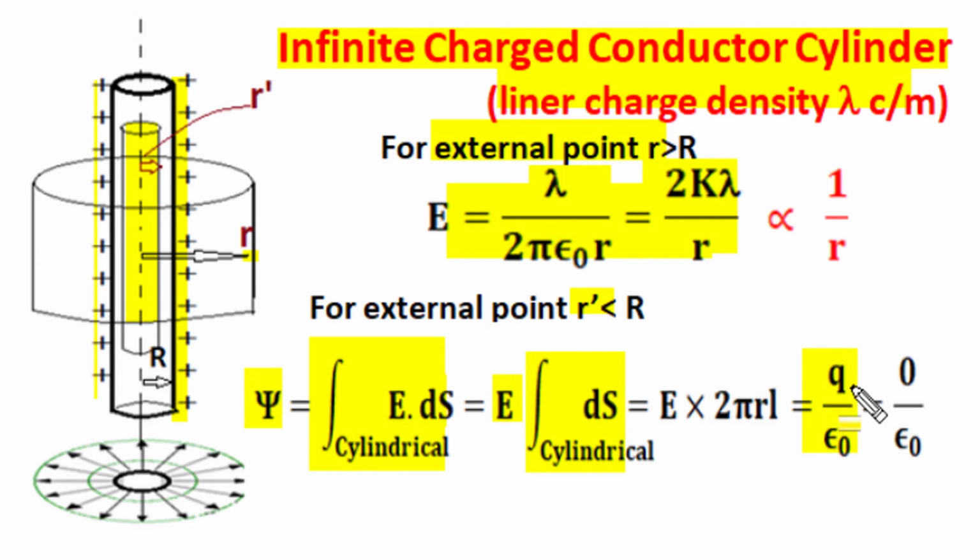and it is equal to the total charge enclosed upon permittivity. And since there is no internal charge, all charge residing only on the outer surface, the flux becomes 0. Now the product of electric field intensity and Gaussian surface area is 0, and the Gaussian surface has a non-zero value, so the only possibility is that the internal electric field in this cylindrical section is 0. So a charged conductor cylinder has 0 electric field at all internal positions, and for external observation it will act just like a line charge acting from the central axis.